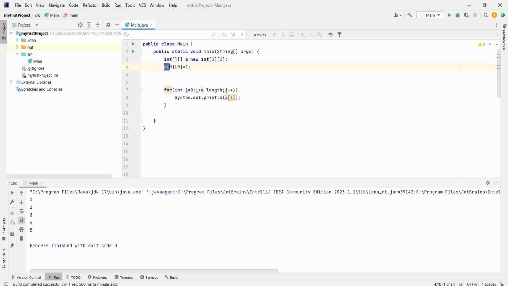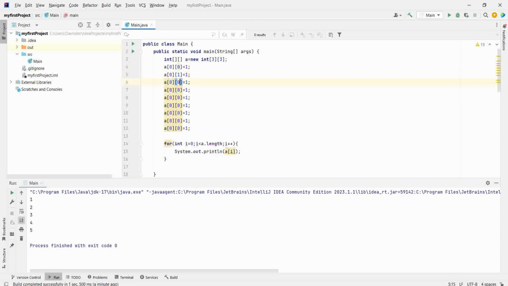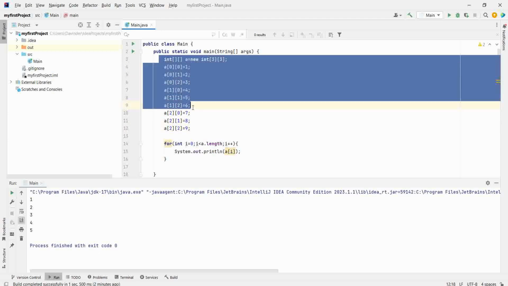I can save 0 0, 0 1, 0 2, then 1 0, 1 1, 1 2, then 2 0, 2 1, 2 2. The values I want to save are 1 2 3, 4 5 6, 7 8 9. This is how I save it.